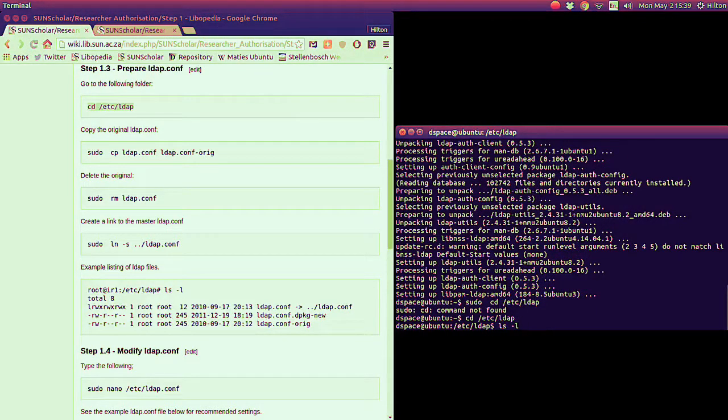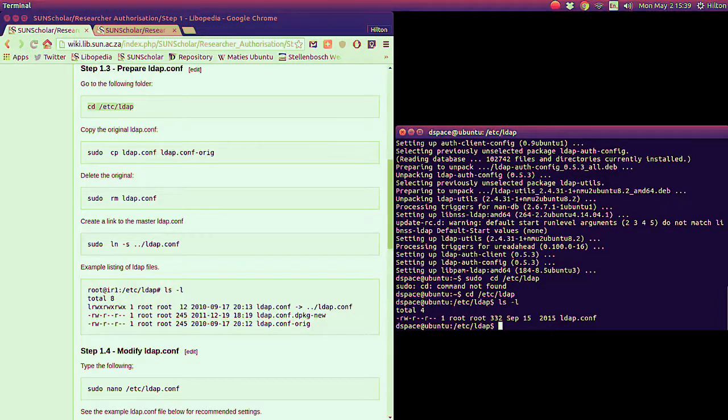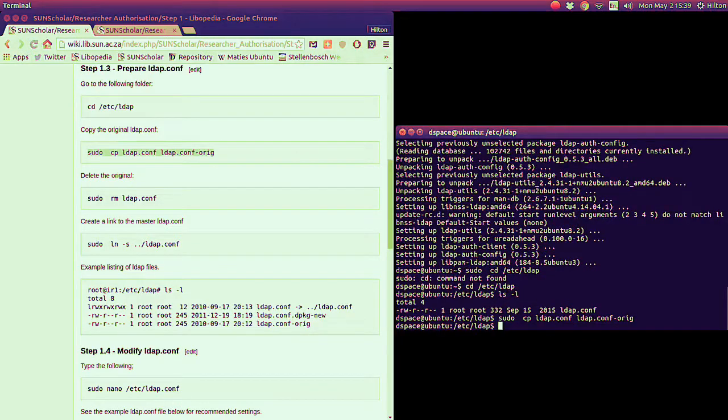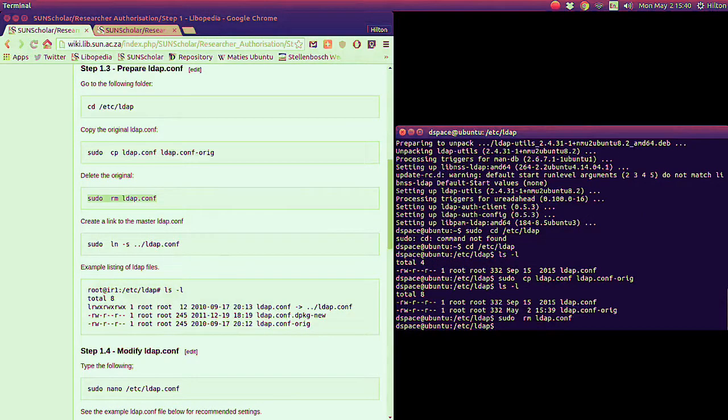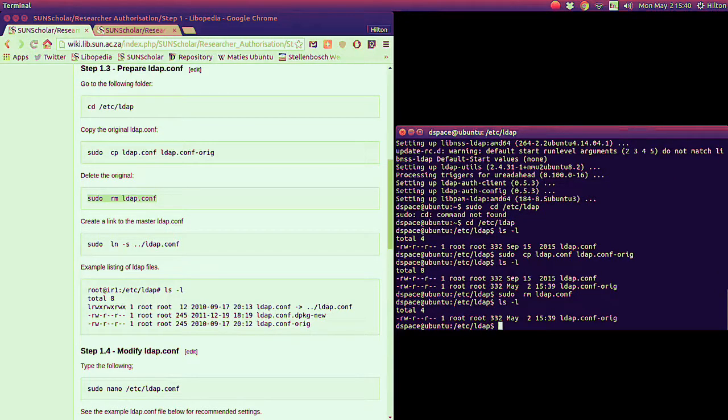Now if we have a look in there, in the ldap folder, you see there's the ldap config file. Now we don't want the ldap config file to be in the etc ldap folder, we want it to be etc ldap.conf. So what we're going to do is copy that config file, just make a copy of it and call it original, and paste that in there. So now, if we look there, we have two files. Now we remove that one, so we have a copy of the original file, then we delete the original and paste that in there. So if you have a look there, we should just have the original file there. Alright, then